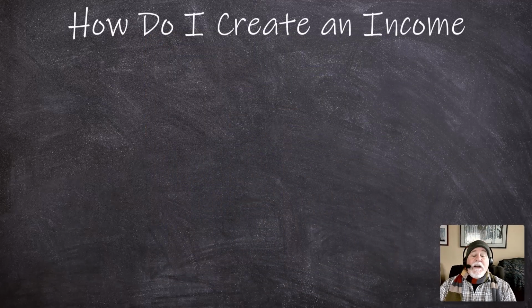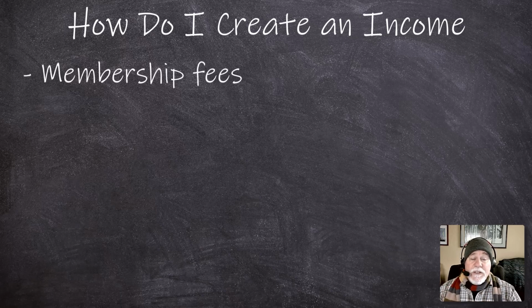Next, you might be thinking, how do I use Brilliant Directories to actually get an income? Well, there are a number of ways. One, you can charge a membership fee. Let's just say you have a site for counselors and you ask, would you like to be on my site and have a listing page that talks about all the types of counseling that you do, when you're available, where you're located, and what your hours are? We can set you up on the site for $200 a year, or something like that.